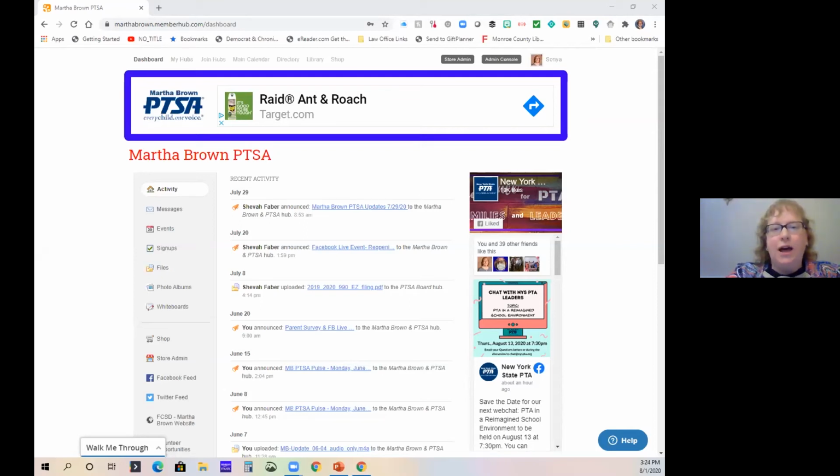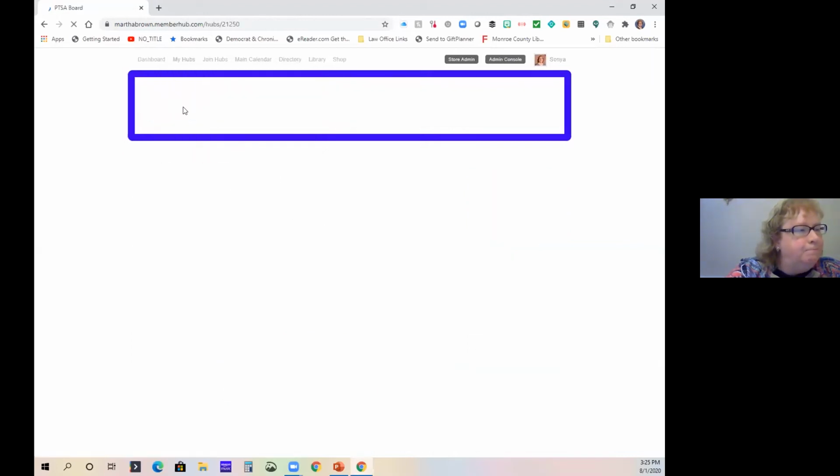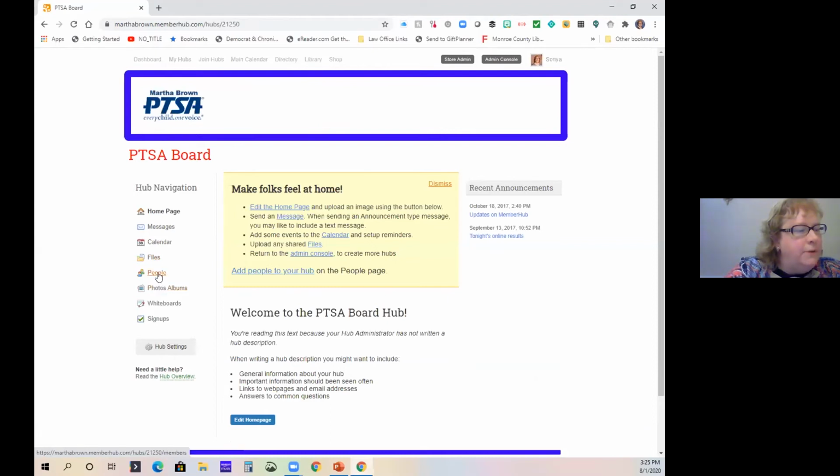How do we do online sign up for members? So when people join MemberHub through your MemberHub store, if they purchase dues through your store, they are automatically going to get access to your MemberHub site. So then it becomes a function of how do you want to add other people. And when you add other people, let's see here, I'm going to go to a hub, and this is my actual middle school unit that I was president of last year. I'm going to go just to the board hub. To click on people, to add people,